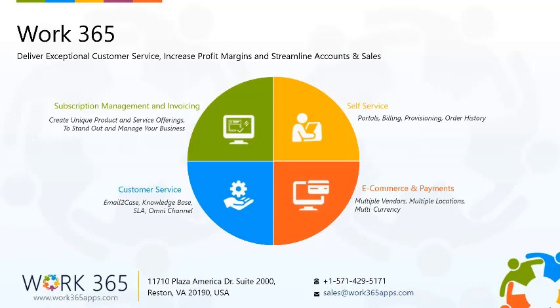Some of them had ongoing fees, along with usage fees, and their pricing was tied to the revenue. They charged us anywhere from 2 to 7 points on our sales. We would have to maintain and administer yet another system and train our users and administrators as well. It would have taken us about 1 to 3 months to implement this change and transition over to this system,